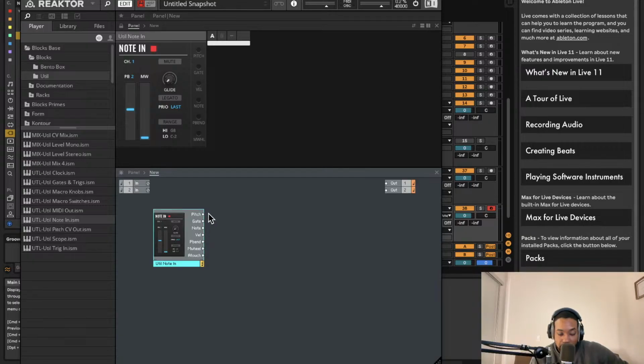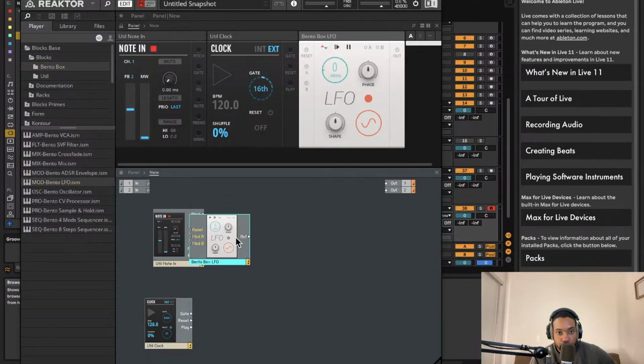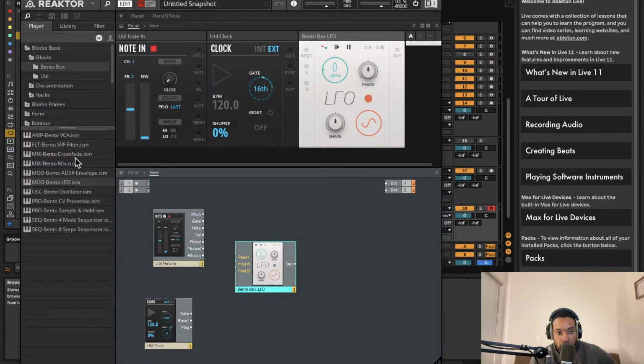This is a little challenge. So here's what we're going to do. We're going to make a 4-bar loop. Okay, let's jump right in. I'm going to start off with my note in. Then I'm going to grab a clock. I'm going to grab an LFO. I'm going to grab